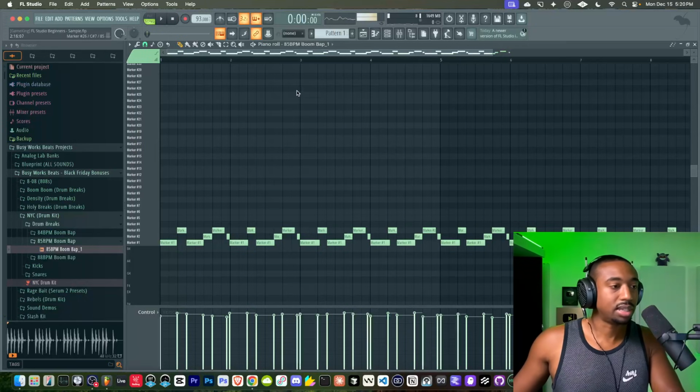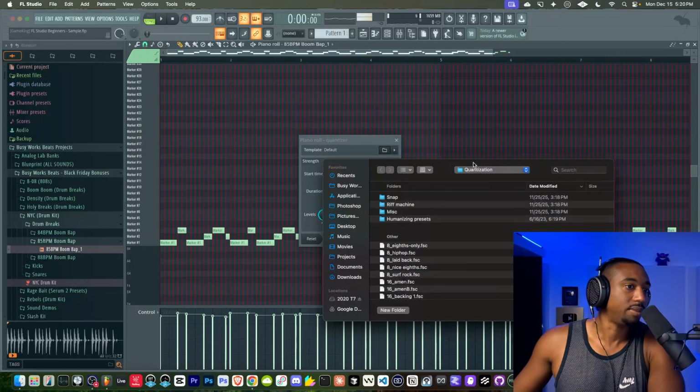Now I have a more advanced quantize. If you hit Alt Q, you could load up what are called templates. I have these in our Discord at